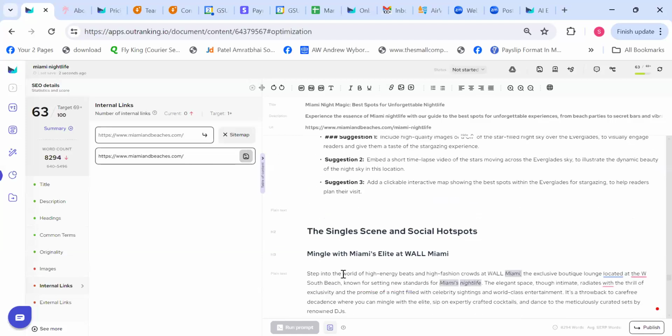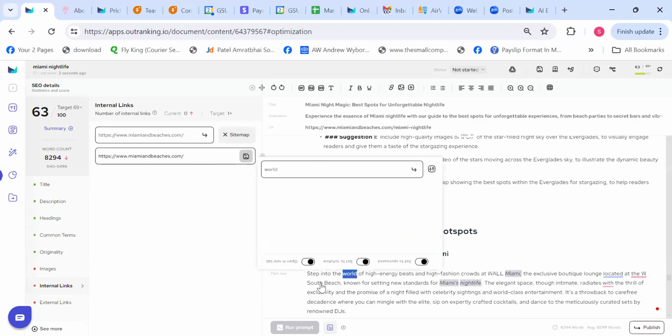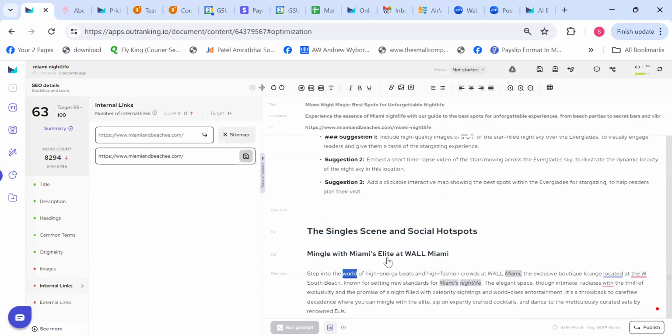It's very simple to add the links. Just select the word, and there is a link icon here. You can add the link here and click on add link. And that's it, you have added the link. Let's refresh the SEO score and you will see that there is one link here. Here you go. So the SEO score has also gone up. This is how you can move forward with all the other things that are there.